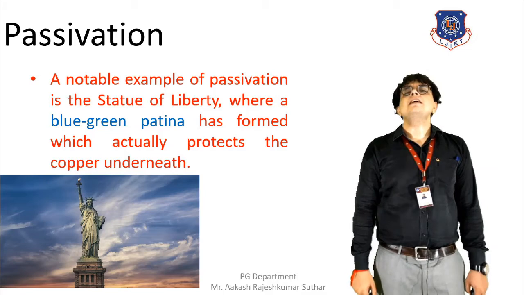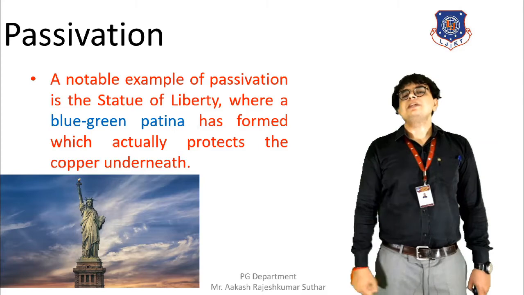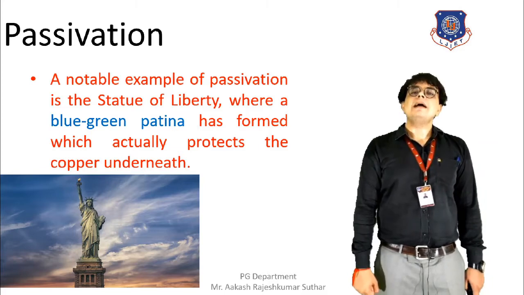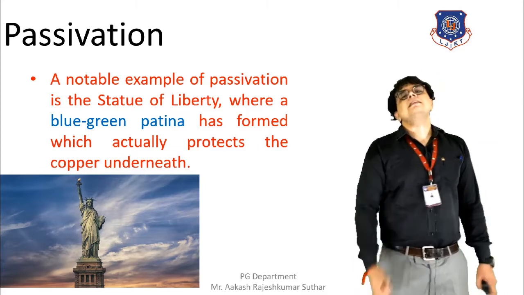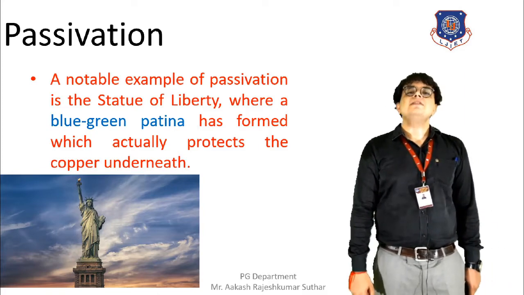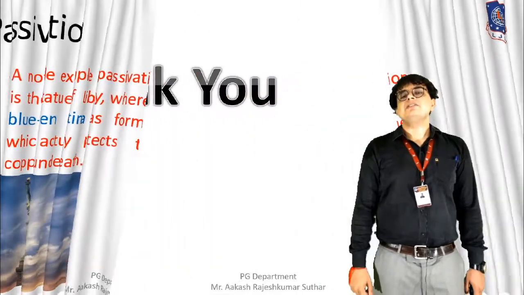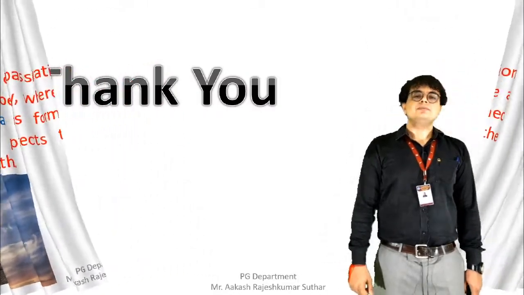So these are all the methods for the prevention of corrosion on objects, equipment, and other surfaces. By application of these methods, practically we can reduce the occurrence of corrosion on metallic surfaces and any kind of surface. So here we are ending our session. Hope you have liked the session. We have discussed each and every topic in brief and also in detail, and we have discussed each topic's practical application also.